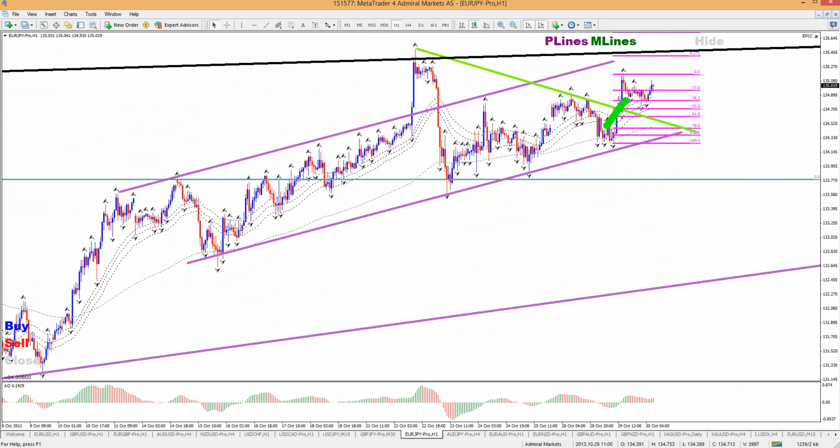And I didn't take this breakout. I missed it. And I took this breakout, but I actually stupidly moved my stop loss to break even and got taken out here, although I knew that this was a likely bouncing spot. I should have re-entered here. I just didn't think clearly yesterday morning. But anyhow, that's the past.